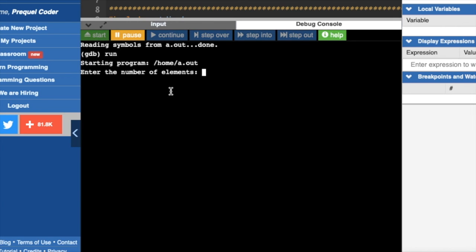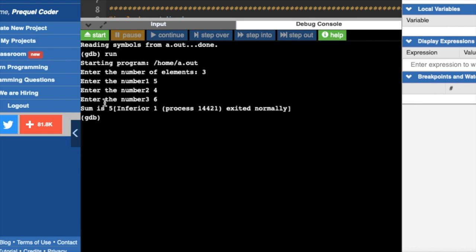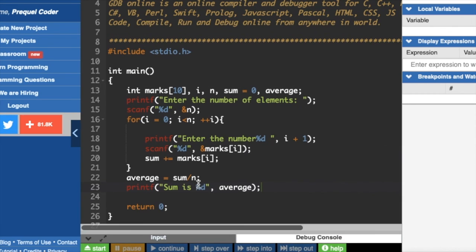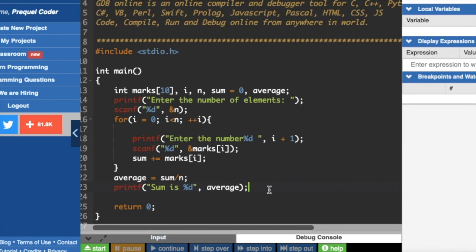Let me just start the program and I will enter 3 elements which are to be tested, 5, 4 and 9. No, let us initialize it to 6. So our sum is 5 plus 4 is 9, 9 plus 6 is 15, 15 divided by 3 is 5. So using this program you can determine the average of the given elements or